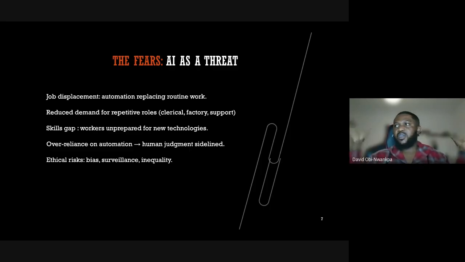It's just like, what would I define it as? I always have something very easy to define words. I'll say it's just like fire. If you don't direct the fire properly, let's say it's like a gas gun where you spark, boom, and it comes up in the oven. If you don't direct it properly, it can burn something else. You understand? Then there is the ethical risk, the biases, the surveillance, and inequality.